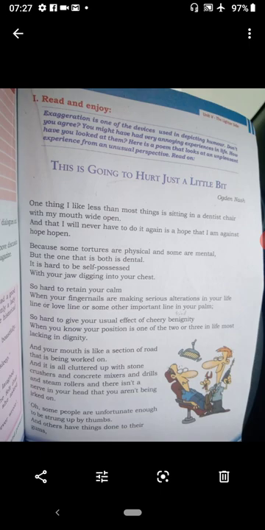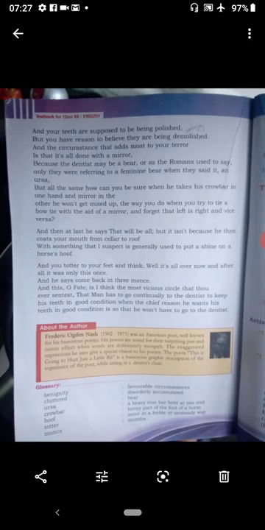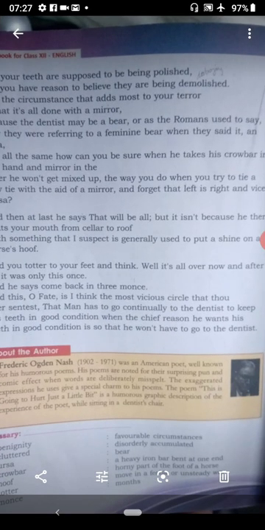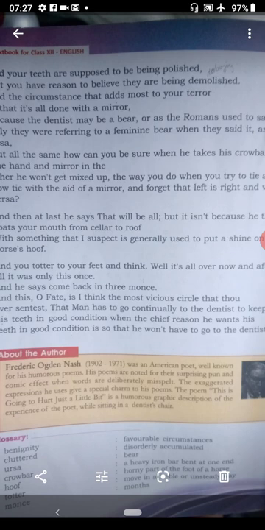See the profile of Ogden Nash here. Do you want to know the profile of Ogden Nash? See that? Yeah, Ogden Nash